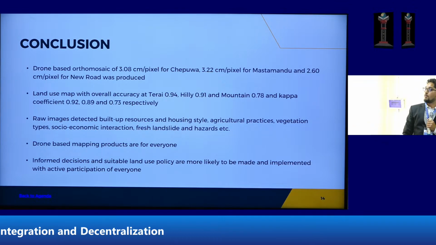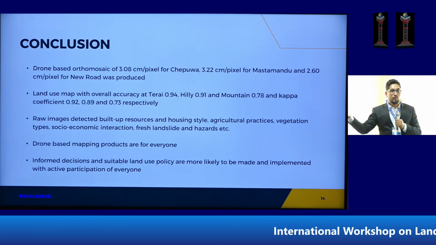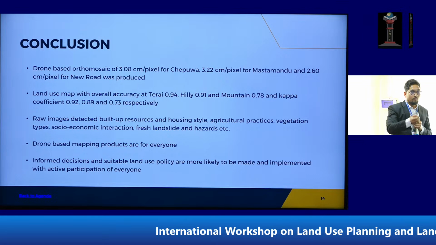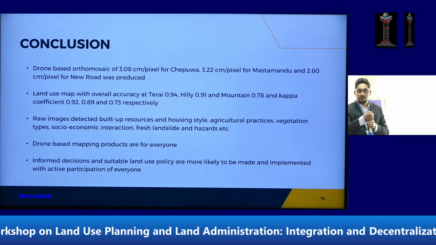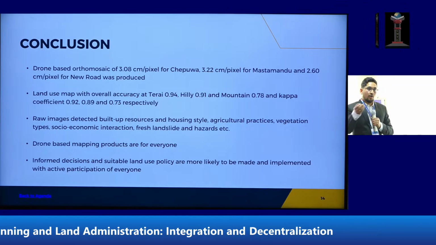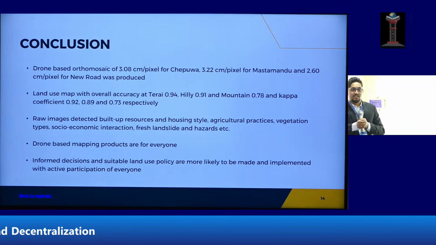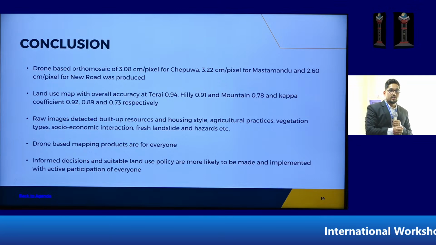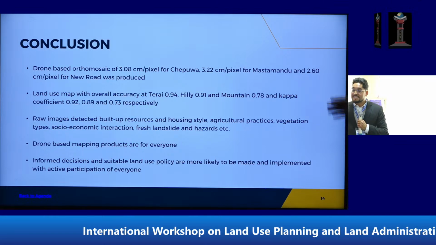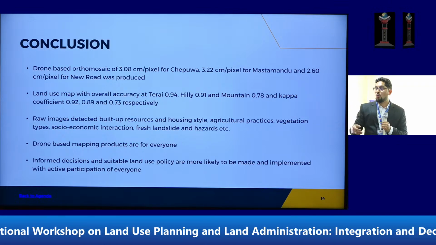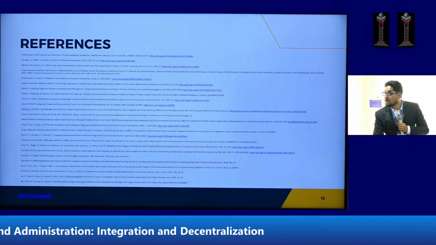So here I want to put the conclusion that we are able to see that mapping with drones and drone images and the other products are products for everyone. Whether you are an engineer or a grandpa in that locality, you can show our generation that there used to be a stone spout that needs to be revitalized. So this can be done well with drone mapping in Nepal,